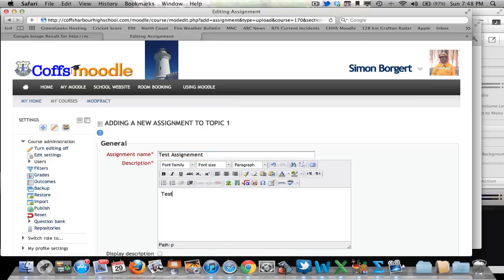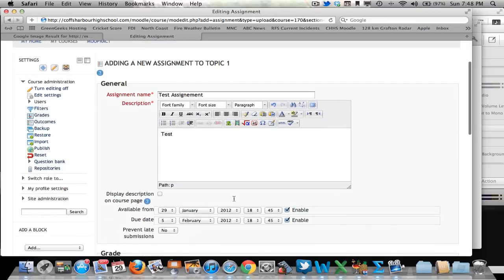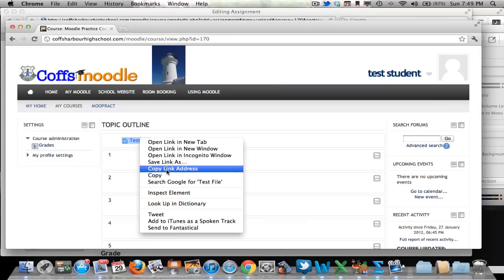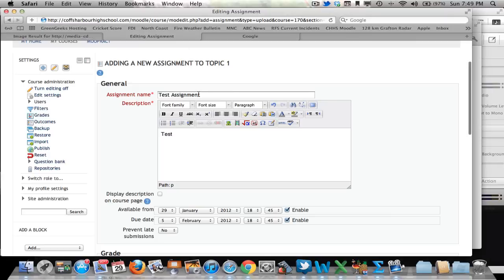and it's test, and in the description there you can put a whole heap of things that you want the students to do. If you wanted to put a document that they needed to upload, all you would need to do would be to put a link to that document. So for example, if you want to put a link to a document, all you need to do is find the URL of the document, and that might be something that you've uploaded previously. So I'm just copying the link address for a document I've uploaded previously,